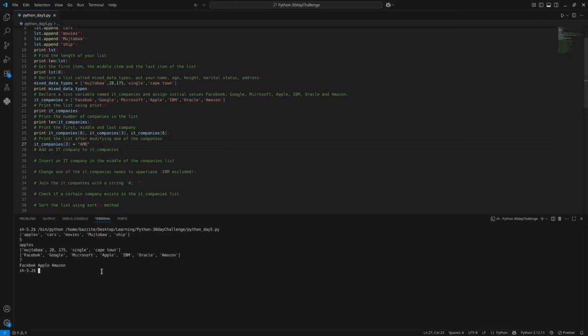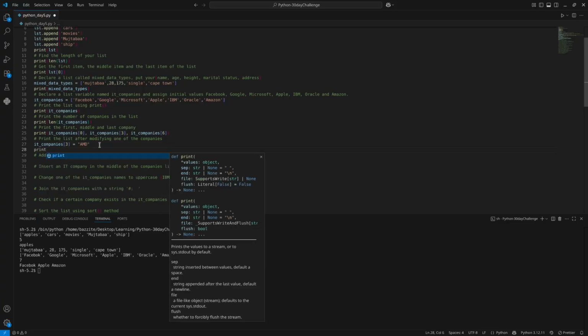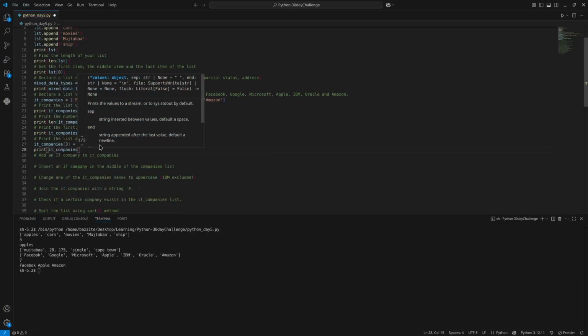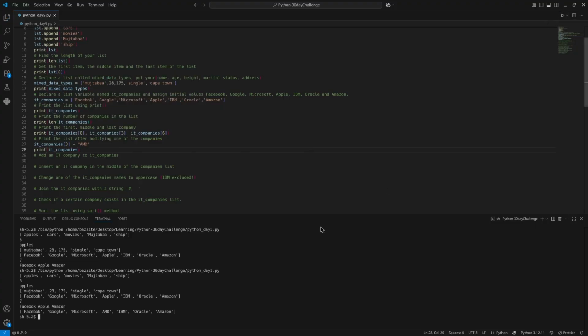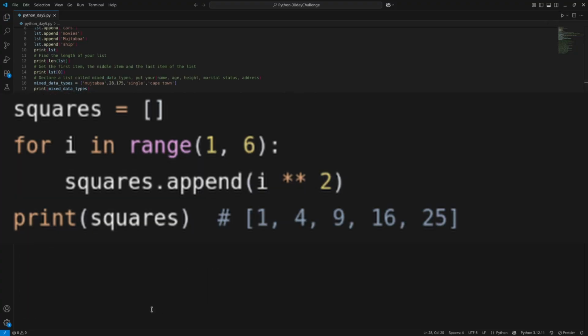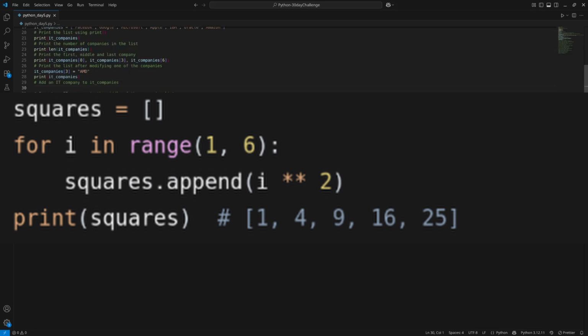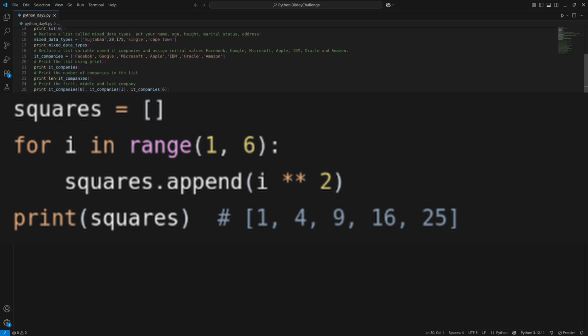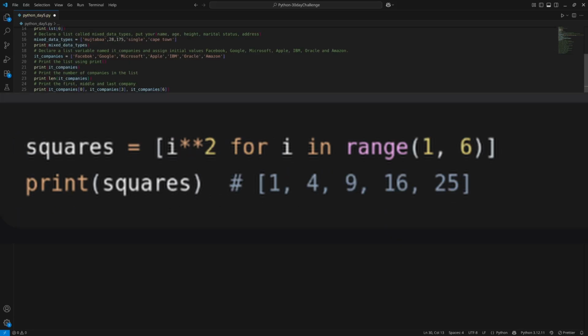So let's get into more complex issues. This is list comprehensions. Let's say we want to create a list of squares from 1 to 5. This would be the traditional way of doing things. Now let's do things using list comprehension. We assign the variable squares a list which includes a loop. This is no different from what we used before in the previous example. It's just in one line, shortening the amount of lines of code that you'll use